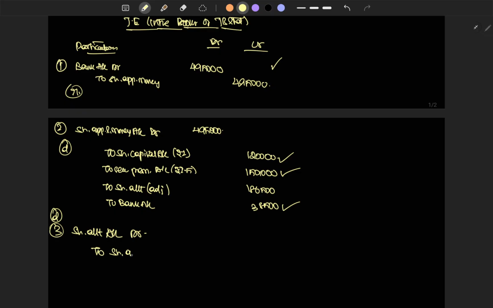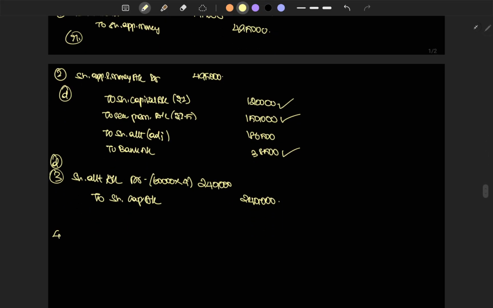to share allotment, share capital account, which is 60,000 into 4. 60,000 into 4 is 2,40,000. Then how much money have we received? We can easily avoid this share allotment money, because that has been already adjusted, and